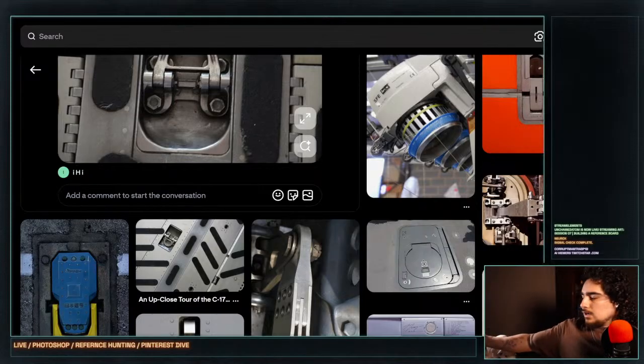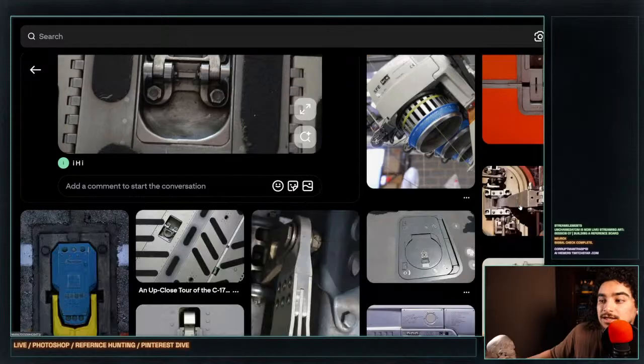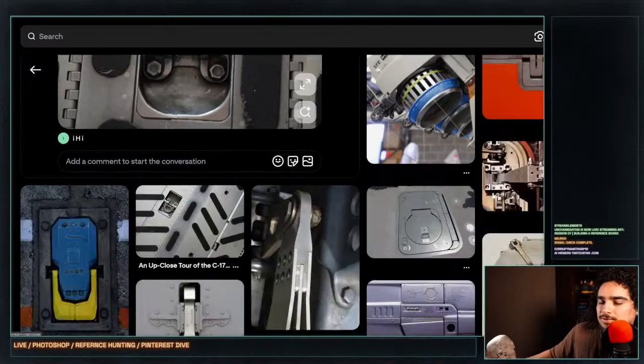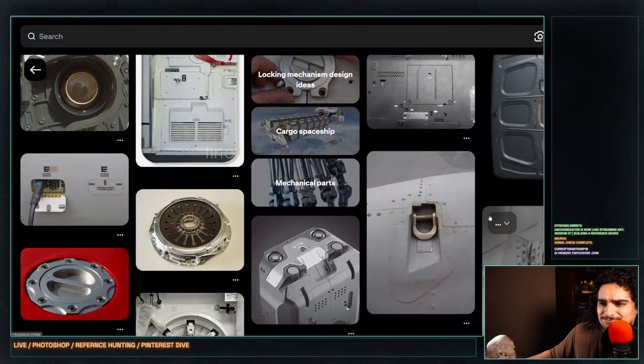Cool. But yeah, I think fasteners are really important to your design language. I think these are all cool. I need to make one just for fasteners. I know I need to do that. But that's one of the things, like in Star Wars, they're really big about the fasteners. Not allowed to have